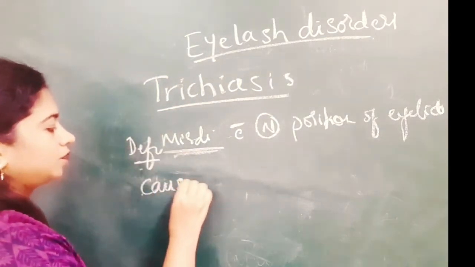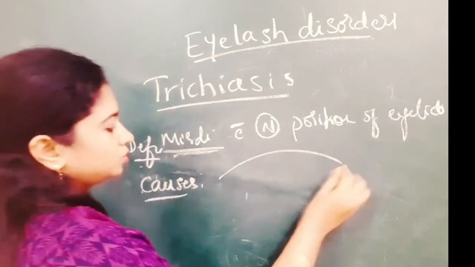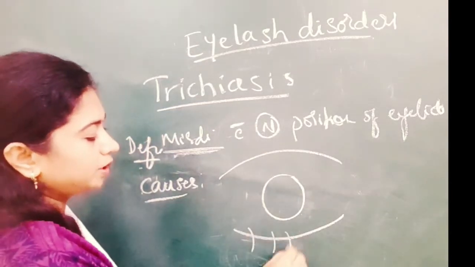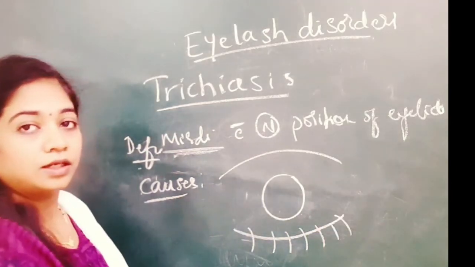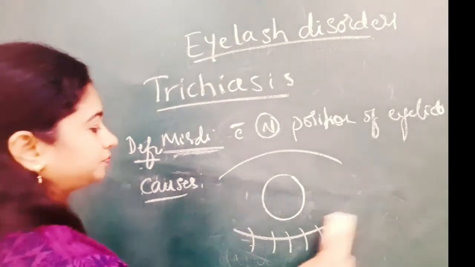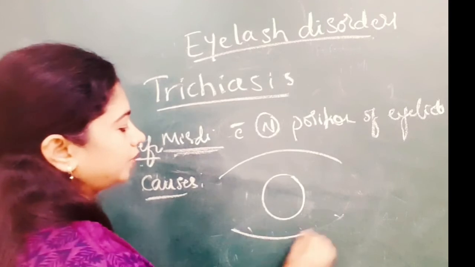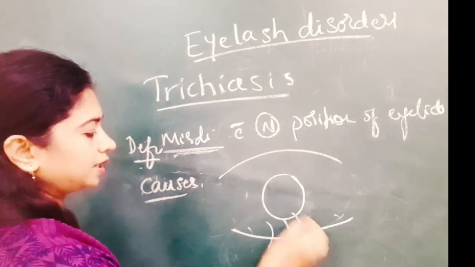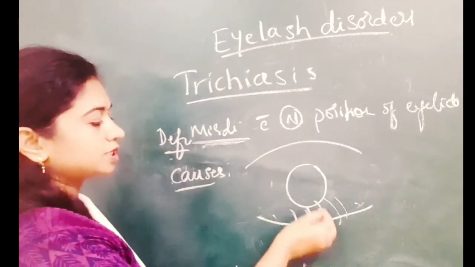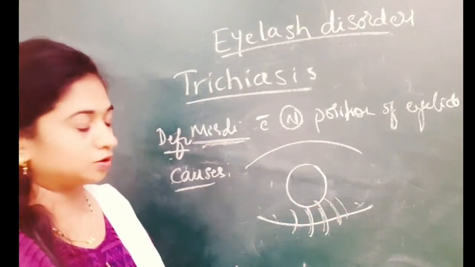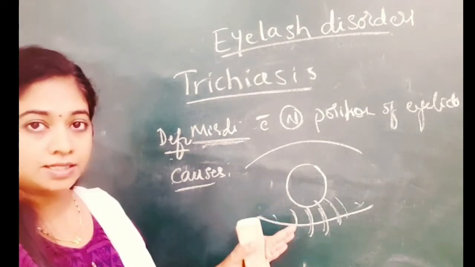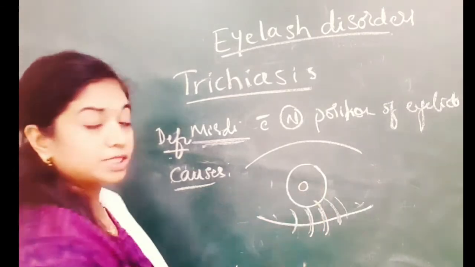So what will this trichiasis lead to? So this is the eyeball, this is the cornea. The eyelashes should have been in the outward and downward direction. Now it is almost in the opposite direction. It can be one or a row of eyelashes. So now the eyelashes are turning in the opposite direction. They are almost touching the anterior surface of the cornea also. So this is misdirected eyelashes, that is trichiasis. So you can imagine the symptoms here, what patient can present with.